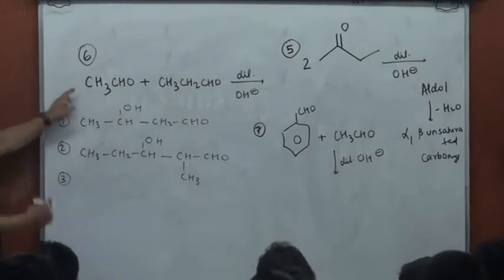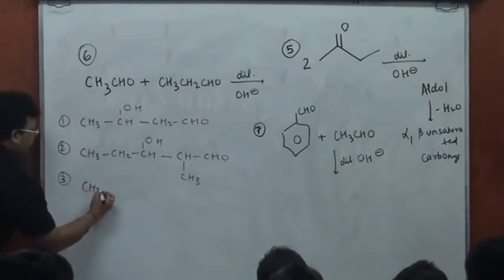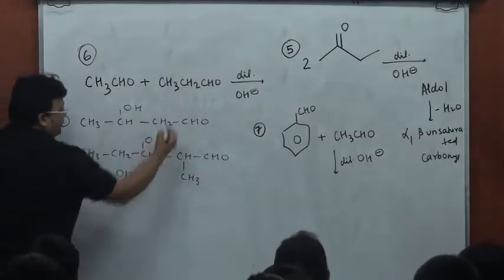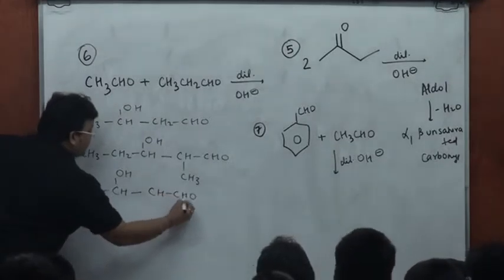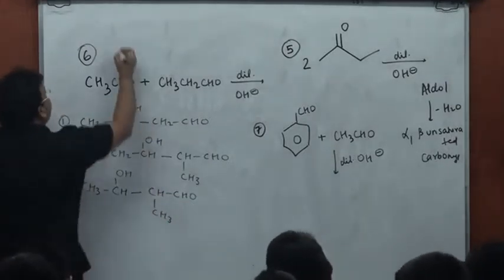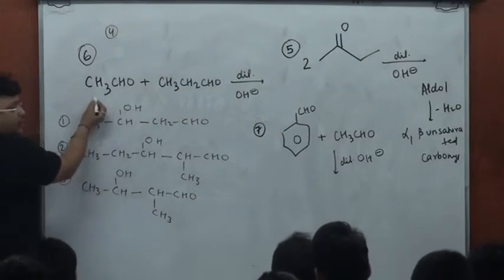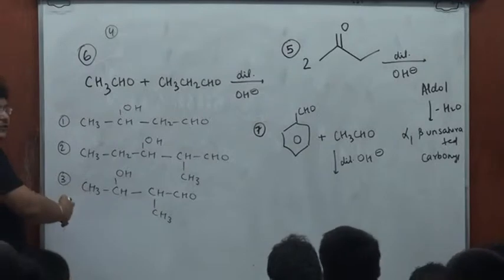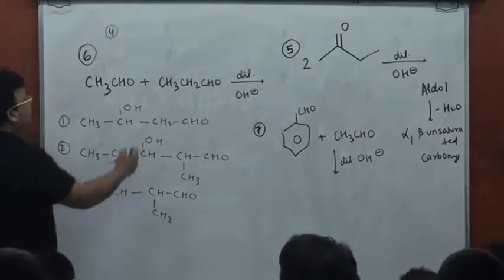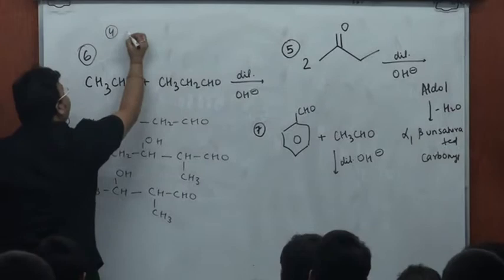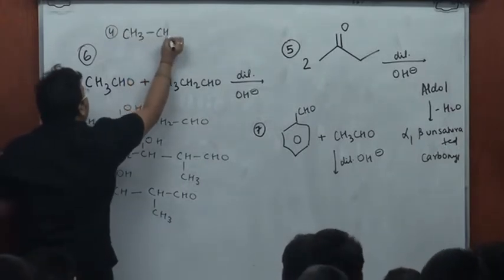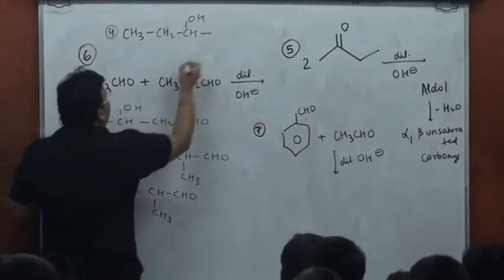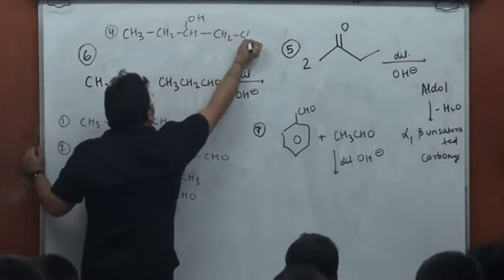Now the third one would be when this is acting as the acceptor and that is generating alpha hydrogen, this is acting as the acceptor and that's acting as the nucleophile, yes or no? With this acting as the acceptor, it's going to be CF3CHOH, and then I'll attach it to the alpha carbon of this molecule, which is CHCHO, CF3. The fourth product might well be this generating the nucleophile and this acting as the acceptor, and generally I write the acceptor to the left half of the molecule. So conventionally, taking this as the acceptor, propanol, this carbon would mature to an OH, and I'll attach the alpha carbon of this molecule.